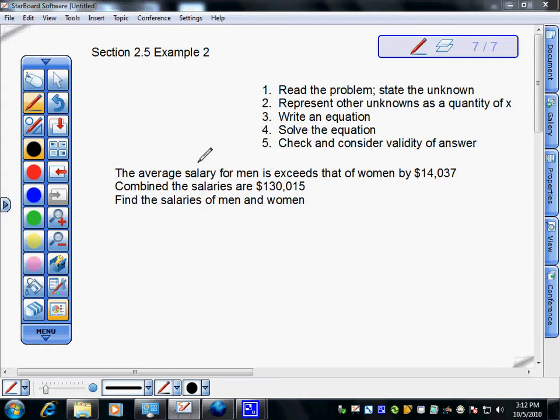I've summarized it as being, there's some key points here. The average salary for men exceeds that of women by this amount, and the combined salaries is this amount, and we know that we're trying to find the salaries of men and women. So we need to read the problem and state the unknown. Well, we kind of have two unknowns. Find the salary of men and that of women. But remember, we're going to pick one of them to be x, and we'll represent the other as a quantity of x. So we have a value here that if we let x equal the salary of women,